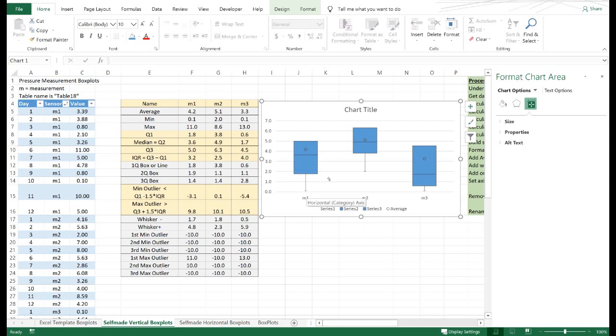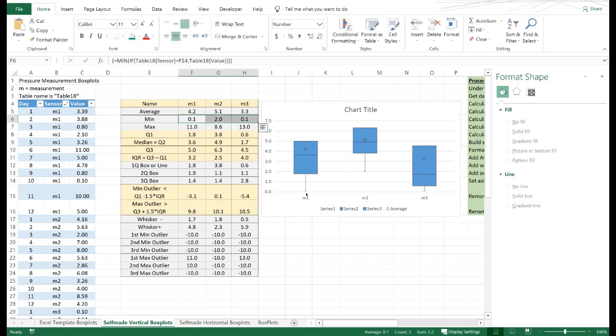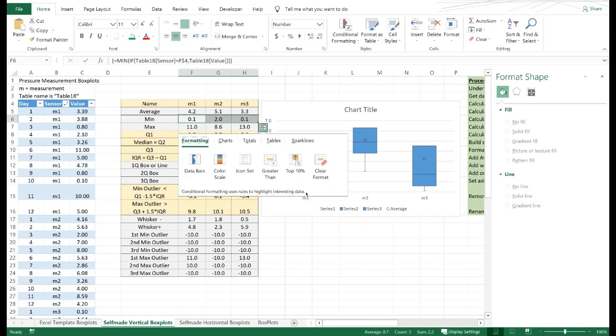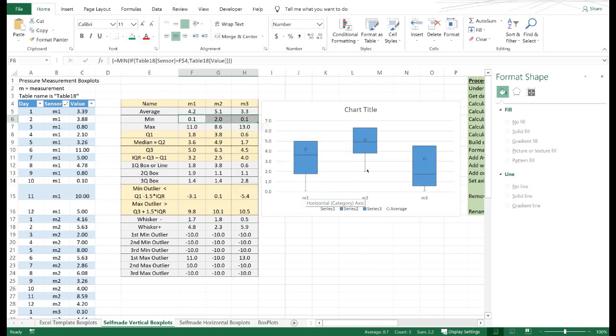0.1. I'm looking at these values up here. Did this come down to 0.1? This one comes down to 2. This one comes down to 0.1. So those are correct. So now to do the maximum outlier bars,